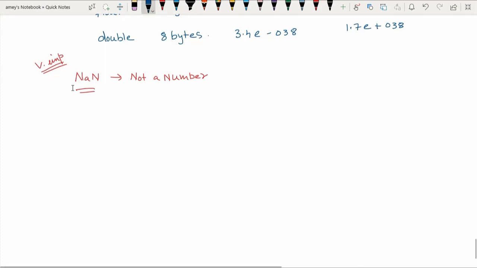Now let us talk about the non-numeric data types. In Java, there are two types of non-numeric data types.